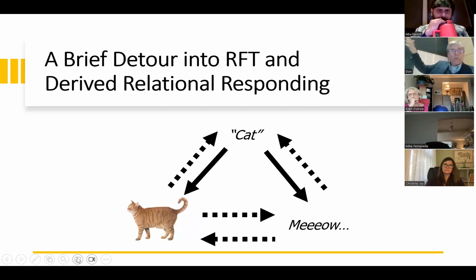But we have the word cat, we have an actual cat, and we have meow, right? The sound that the cat makes. And interestingly, there's this funny thing that humans can do, and we seem to be the only species that can actually do this, is that when somebody tells us that that word cat is in a frame of equivalence, or